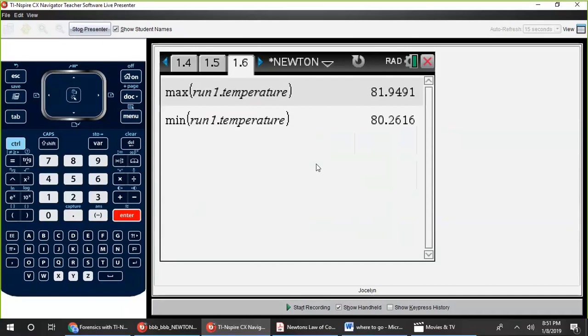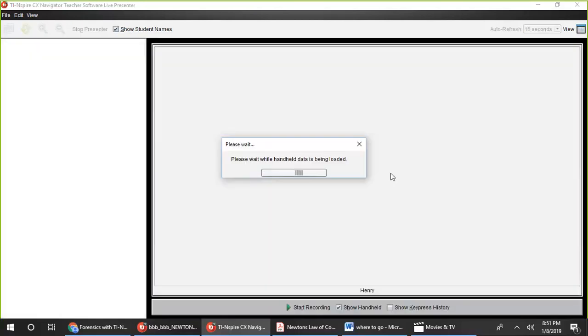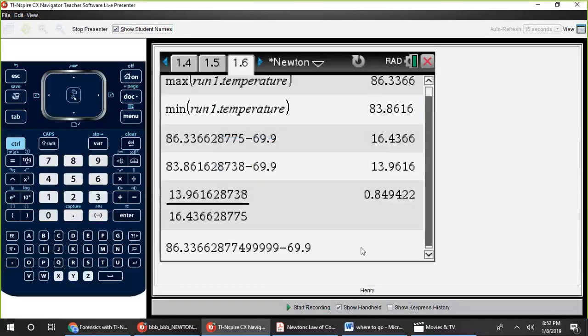And now we have the full values that can be used in their calculations, so that the stored value in the calculator can be used in future calculations, so there's no rounding.